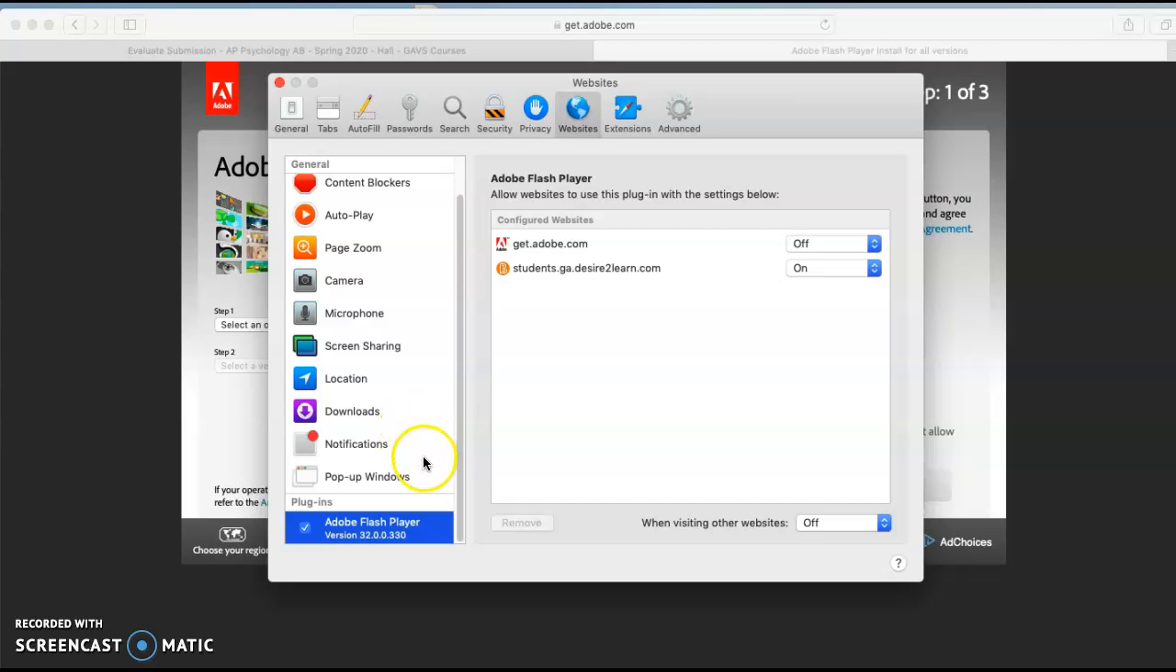The first thing I did earlier today to get this to work is I checked the plugin for Adobe Flash Player, because it was turned off when it was inside D2L, and that's what it's calling it here. And then I turned on getadobe.com, but it turned it off, so I'm just going to turn it back on right now. And then I also had to switch this button right here from off to on for students at